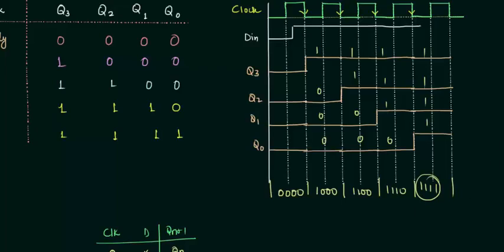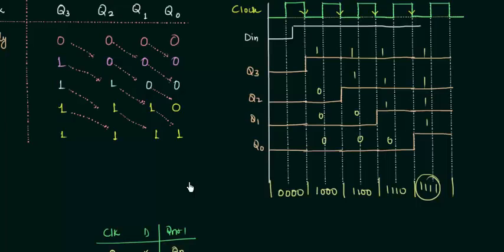This was our number initially that we want to store, and it is stored in the shift register, and it is shifting. Let me show you why we call it shift register, because the data is shifting. This 0 was shifted here, this 0 shifted here, then again here. This one you can see is shifted like this. So the data is shifting, that's why we call it shift register, and it is a very simple concept. We have used the D flip-flops and its properties to make this multi-bit storage element.